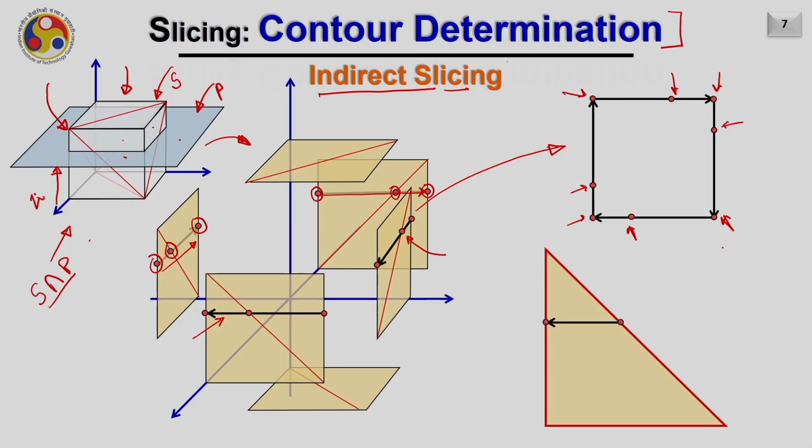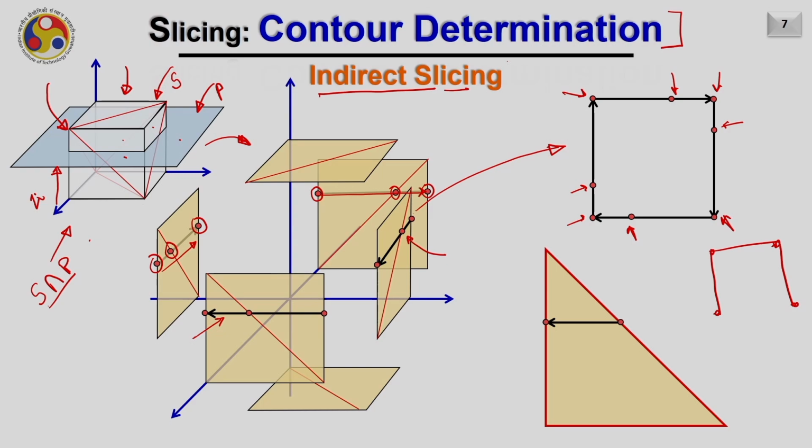It can be noticed that all the time, if you have a valid CAD model, you will get closed contours. You will never get an open contour during the slicing. For example, it will never happen that you get a contour or an intersection like this. If that is happening, that means your STL file is not a valid file.